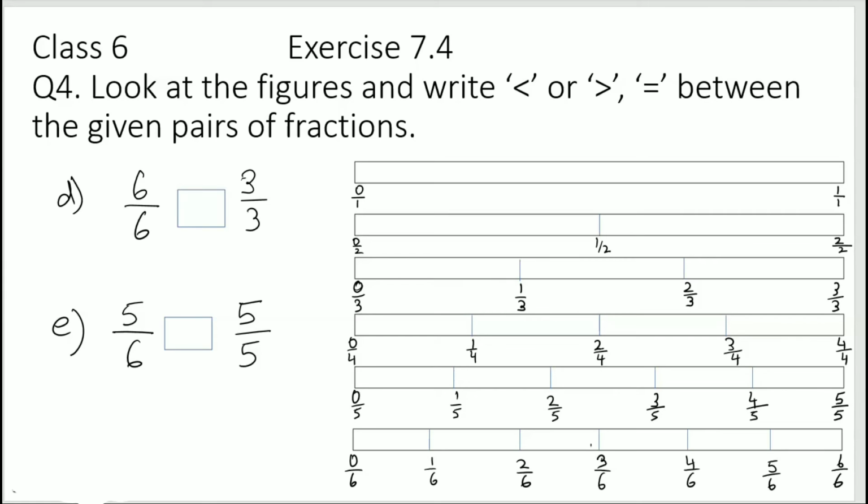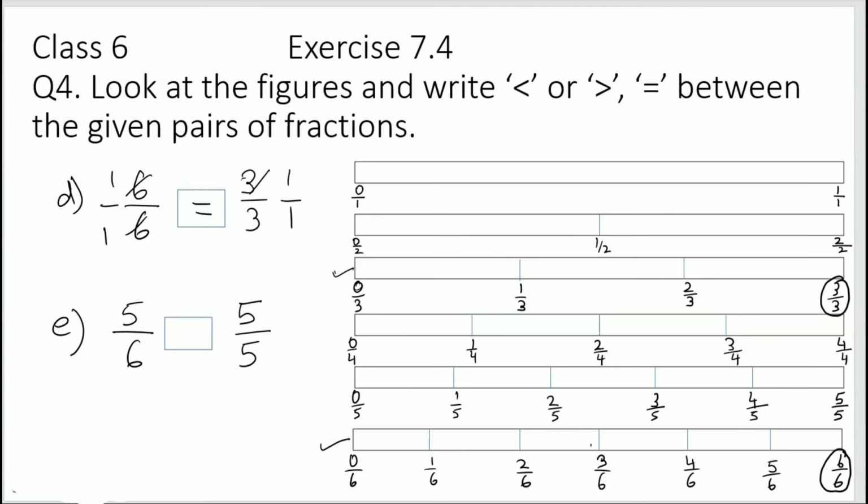6/6 and 3/3. Look at 6/6. 6/6 is here and 3/3 is here. So both of these fractions are at the same position. See? So that means if I shade the entire sixth bar, if I entirely shade this one and entirely shade this one, the third one, so that would be equal, right? I'm shading equal parts. So this is equal. Otherwise also you can see 6 ones are 6, 6 ones are 6. So this is 1, 3 ones are 3, 3 ones are 3. But since the figure is given, we are using the figure.